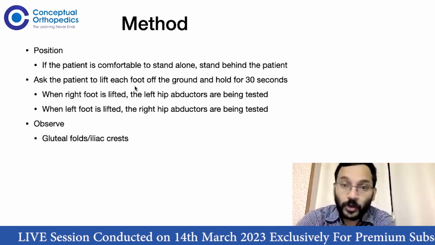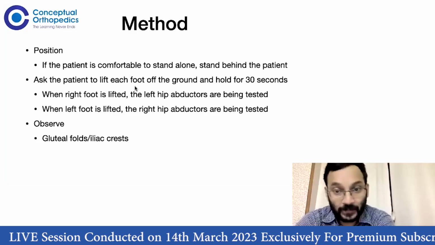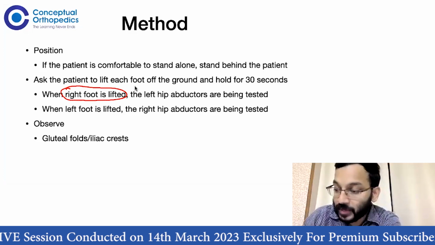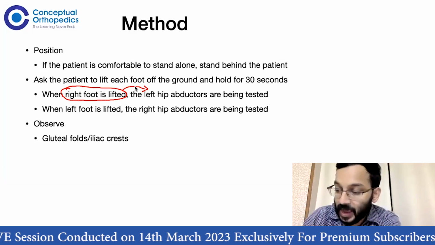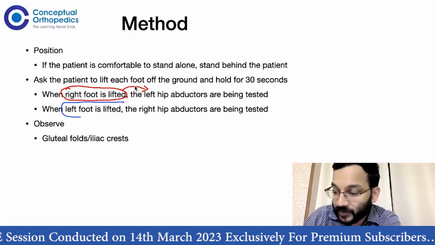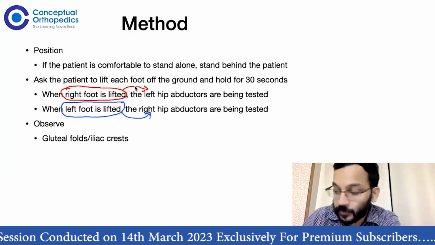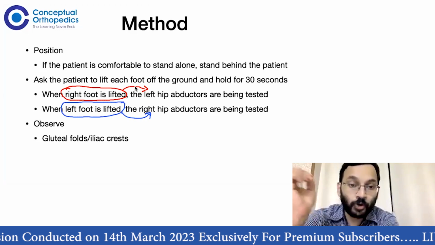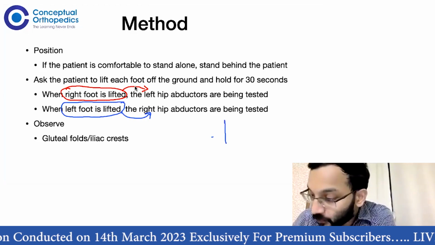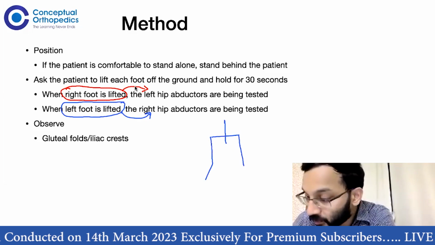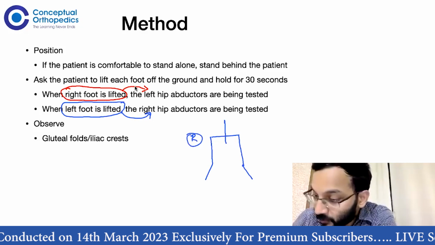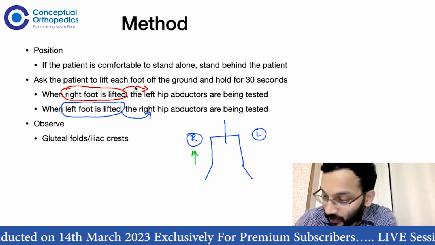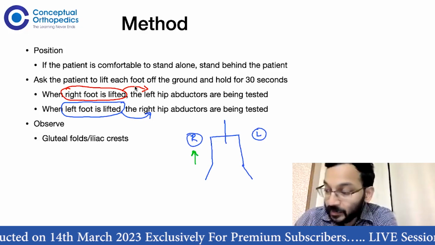Now when you check the left hip abductors, the right foot is lifted. The right foot is lifted for the left hip testing and vice versa. That is, the left foot is lifted when you want to check the right hip. Why is that so? It's because when the patient lifts the right foot upwards, the pelvis has